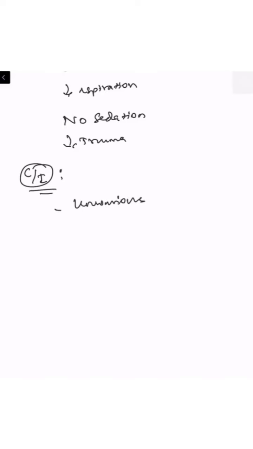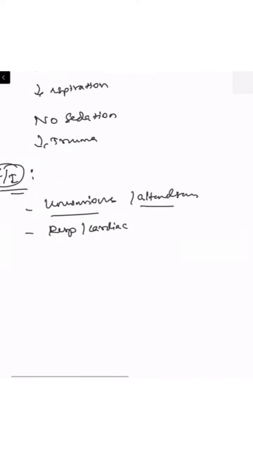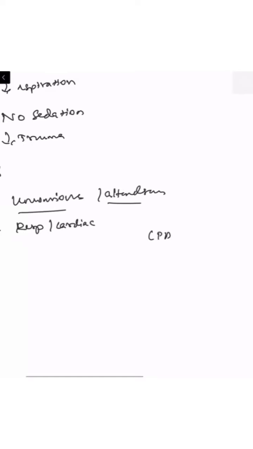But if the patient is unconscious, whether he has gone into respiratory or cardiac arrest, or the patient is in an altered sensorium, there will be an increased risk of aspiration, and we cannot identify whether the patient is going for respiratory arrest or not, because the patient is completely unconscious and we may think that we have given the CPAP and the patient is taking his own breath. But that is not the case, because when you start CPAP, you are giving continuous pressure to the patient.